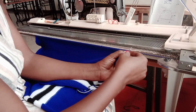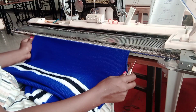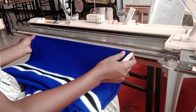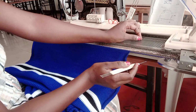I've reached 142 with the reductions after every 6 rows. So I'm going to continue knitting and reduce after every 4 rows up to when I have 178 needles. In case you want to know how many needles I've reduced,